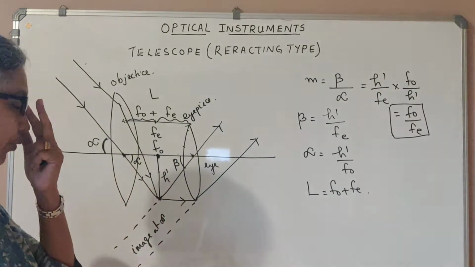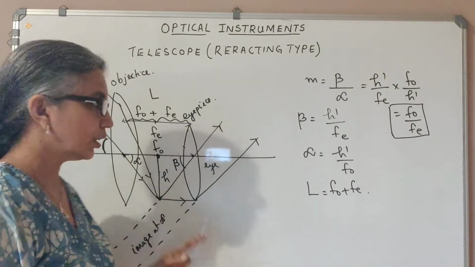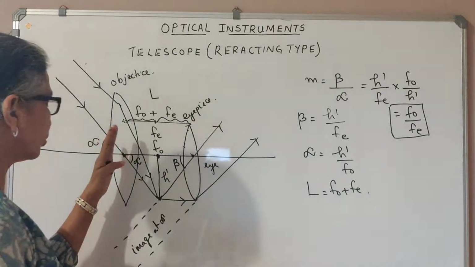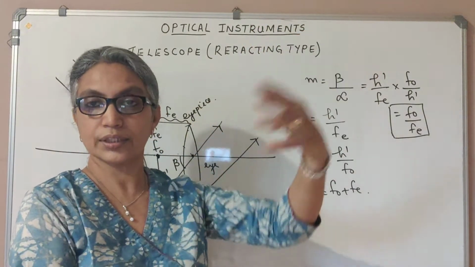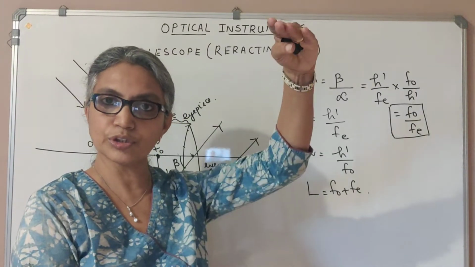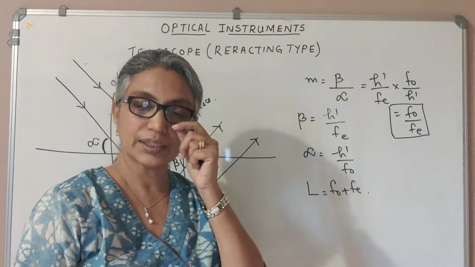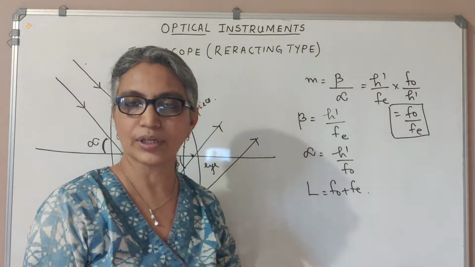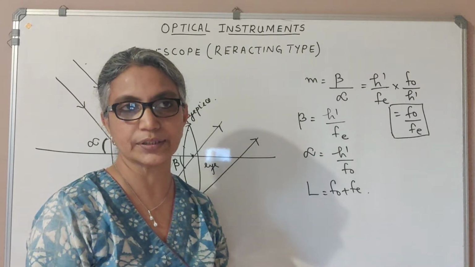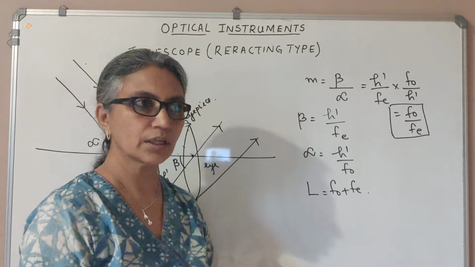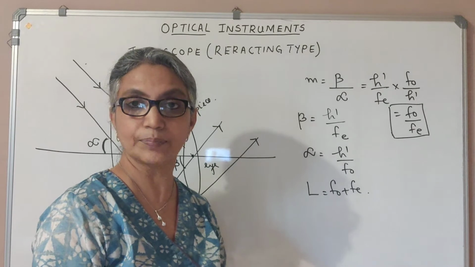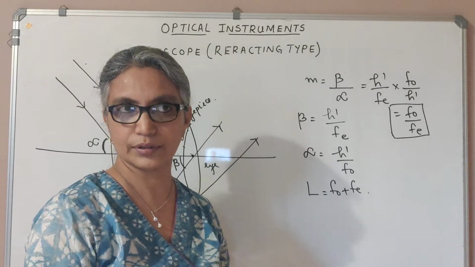Now the problem with this kind of telescope is, first of all, you will see that this lens has to be a huge spherical lens, because I told you this objective lens has to be large so that it has large light collecting power. But when you're making lenses, if it's too huge, it has to be thicker at the center, and it's very bulky and not easy to carry around, and more expensive to support it and make it. Because it's expensive and bulky, we would like to do away with lenses. We have the next type of telescope which uses mirrors, called the reflecting type of telescope.